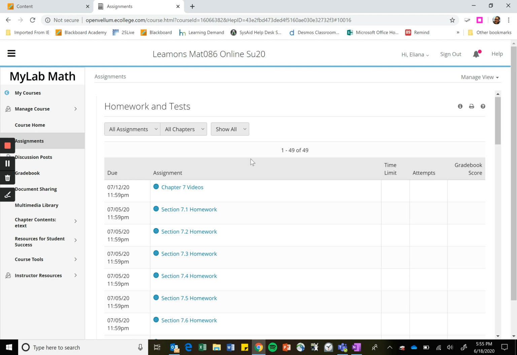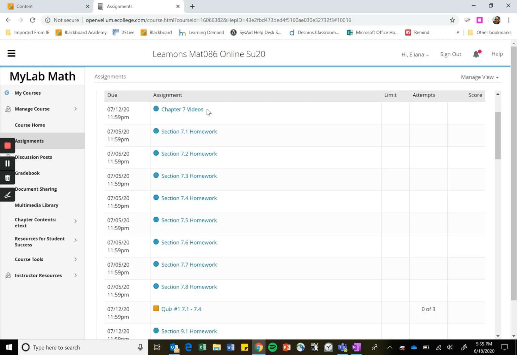If you click on assignments, that is where you will find the assignments for the entire class. That means that you can keep going on your own pace. You can always work ahead. All of the assignments, you can also choose to just look at homework and or quizzes and tests. When you're looking through here,